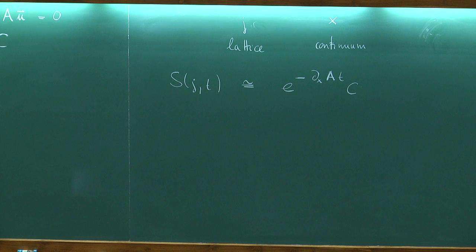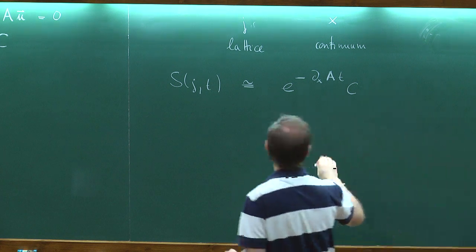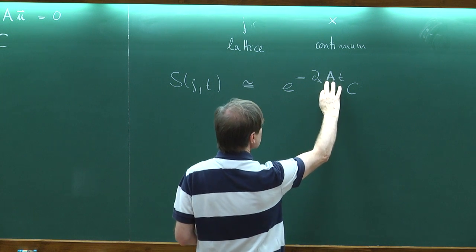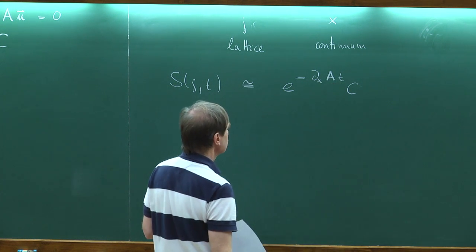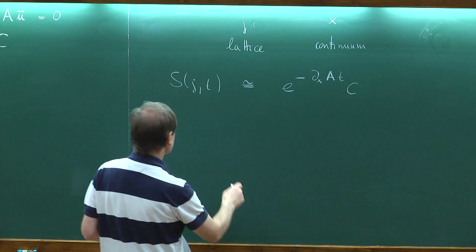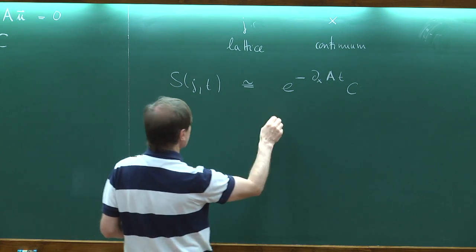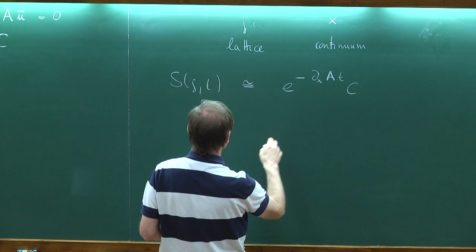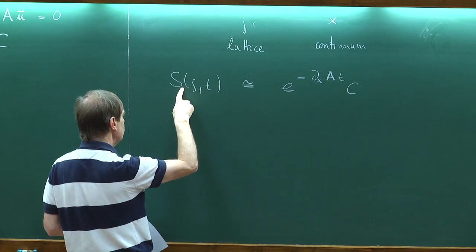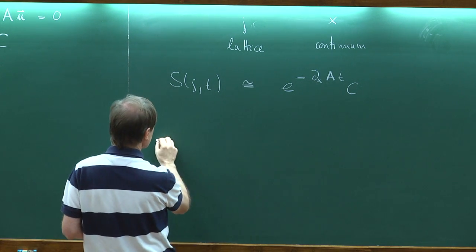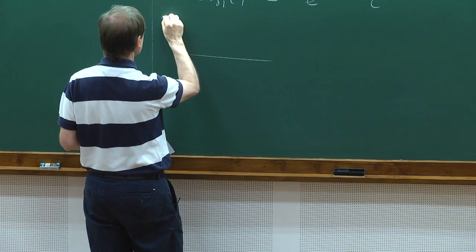we found this result. And now I told you already yesterday that this A is a nice matrix. It has three eigenvalues, 0, c, and minus c. And so if I plot what I get from this object, and if I take a particular matrix element, what you will see is that the solution, C is a function